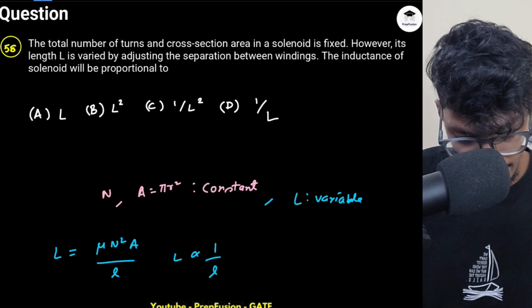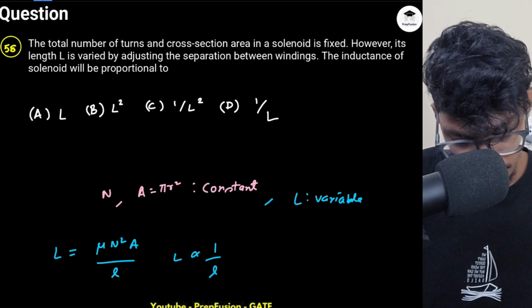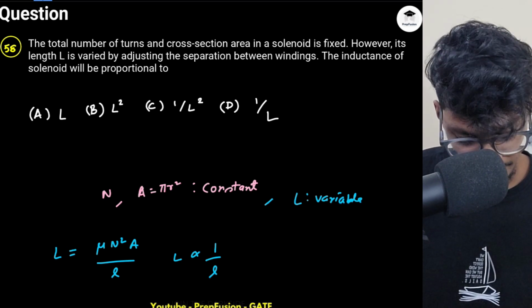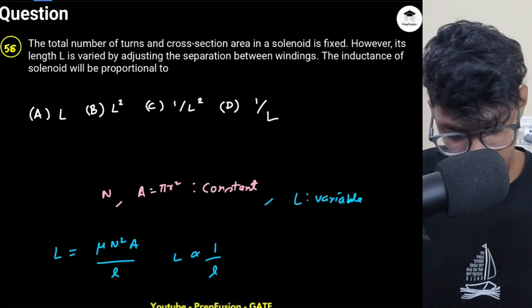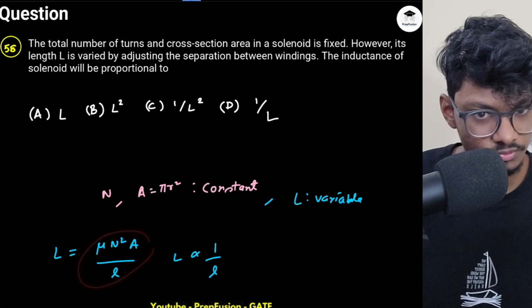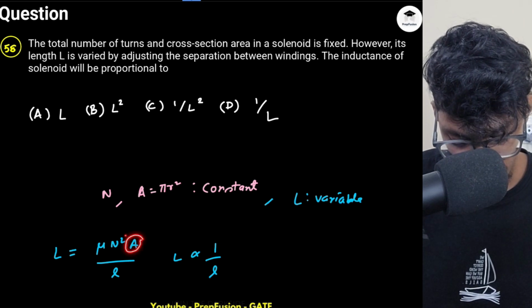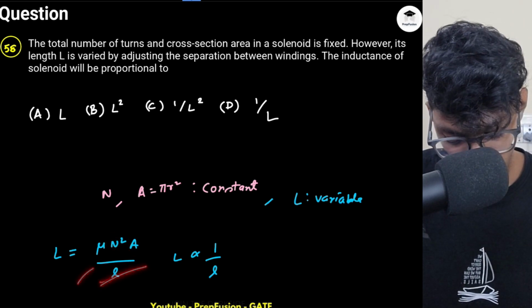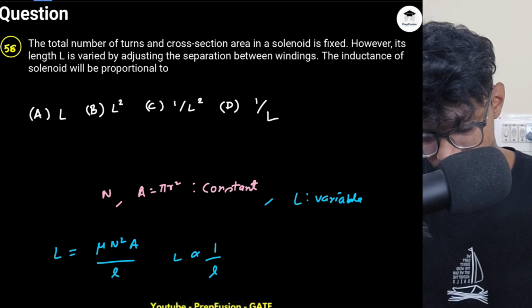Okay, and I will say you are wrong. I will say you are wrong or not wrong. You're correct only. Why? Because this was the formula. If you remember this formula, then with the help of this you will say, okay, area is constant, number of turns is fixed, so L will not vary, so it will be inversely proportional to L, so option D